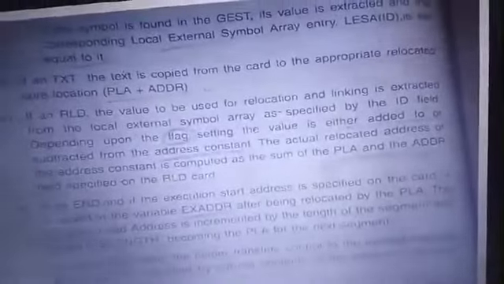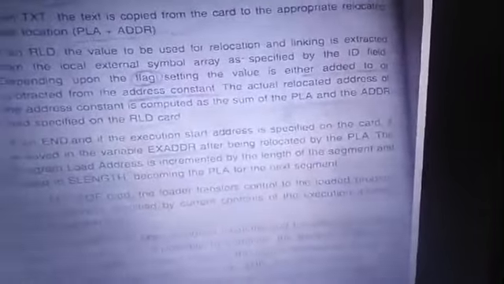In the previous example we saw XYZ, which was assumed to be at 300, but while loading it was loaded at 266, so you subtract -34. You might remember the previous example with 3 different segments containing XYZ, where one relocation factor is 100, the other is -34, -74. So we can get negative relocation factors also, and whether to add or not is decided by the variable called flag.